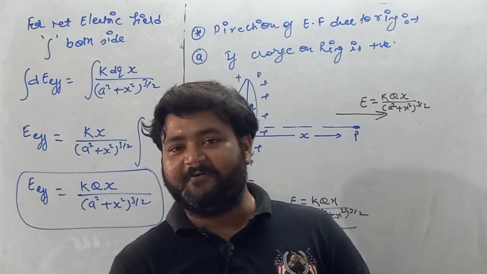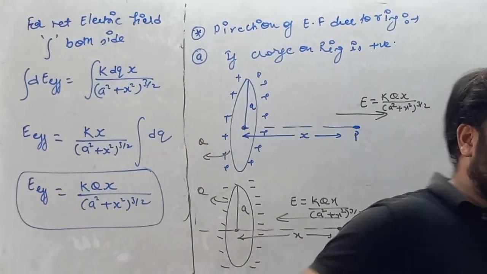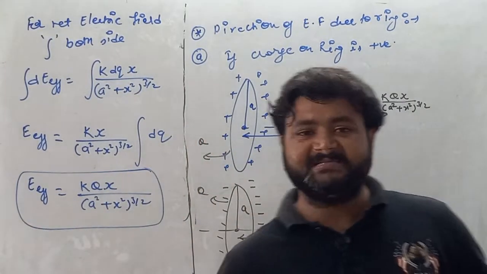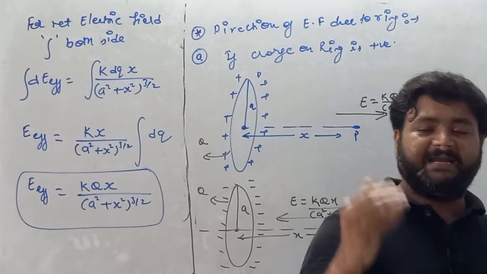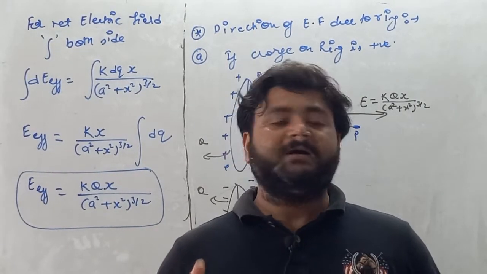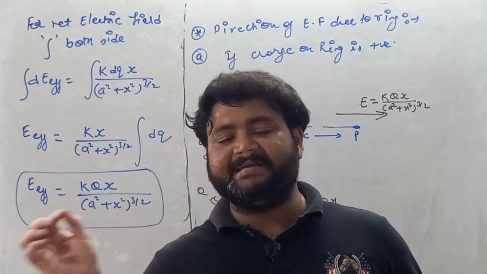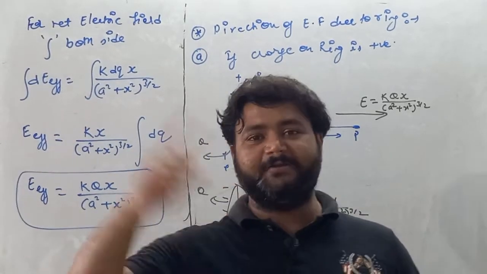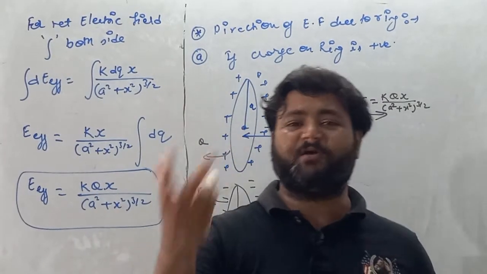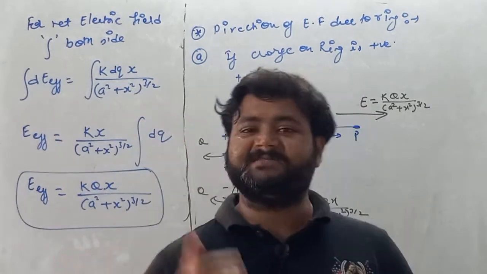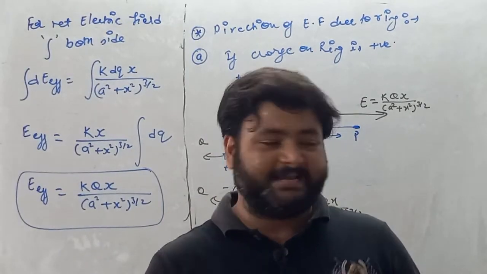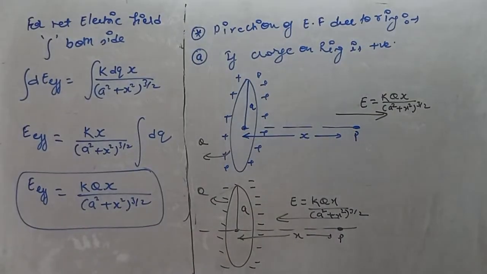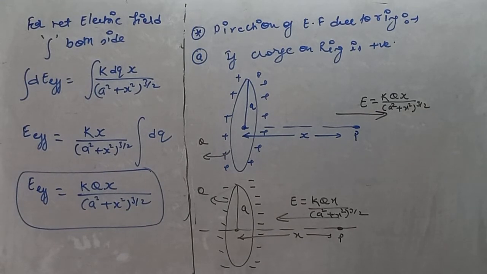Now we are moving forward. Write down the next heading. First of all, copy this, then we'll start after 1 minute. Electric field due to an arc at its center, and we all know that arc means part of a circle. Any part of a circle is considered to be an arc. So copy this, then we'll start further.